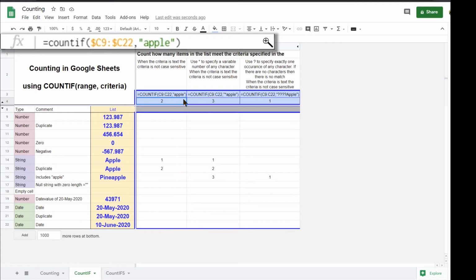Note that this is an exact text match, apart from case sensitivity, so pineapple will not match with the criteria apple, even though apple is within pineapple. If you do want to include pineapple in your count, then you can put a star in front of apple. The star means any number of any characters in front of apple. Note that any number includes no characters at all, so that in this case, star apple will match with apple, and it also matches with pineapple since star matches with